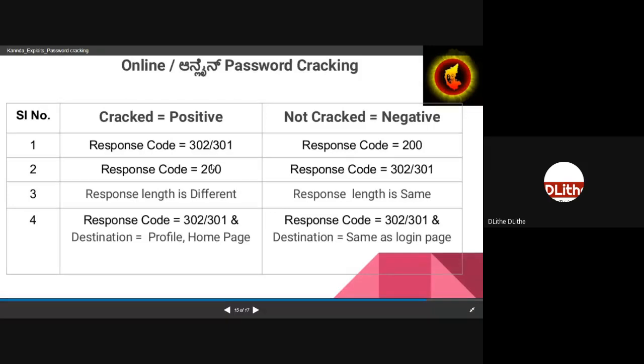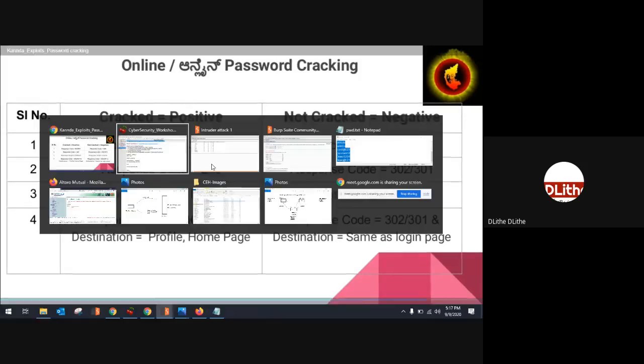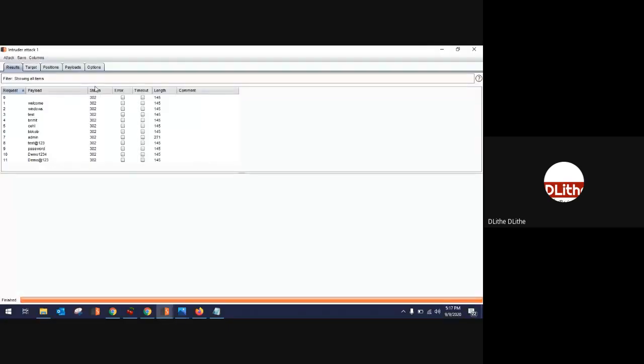The two parameters that you need to look for in the Intruder response are the status code and the length. I'm just giving you a general context. For some websites, the response code for wrong passwords will be different from the right password.